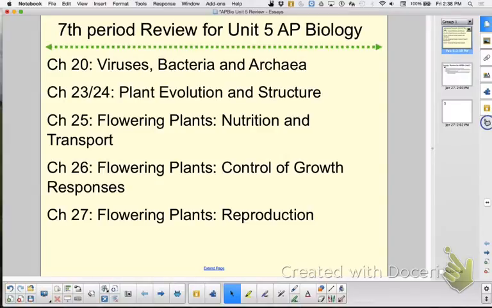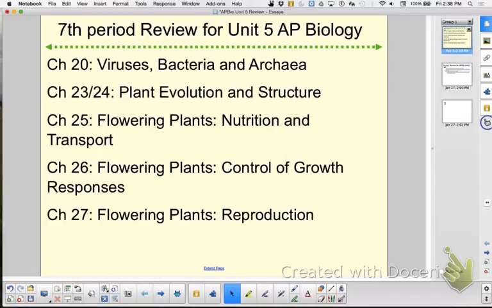So viruses, bacteria, and archaea, I know I have at least one question on viruses. And then bacteria and archaea, you could think of ones even on your own. How are they similar? How are they different? Could you see like a Venn diagram, where I had double circles, and I had both bacteria and archaea, and I had you list things inside a Venn diagram? Wouldn't that be a good way for me to tell whether you knew the differences or not? That's really good. I should do that.